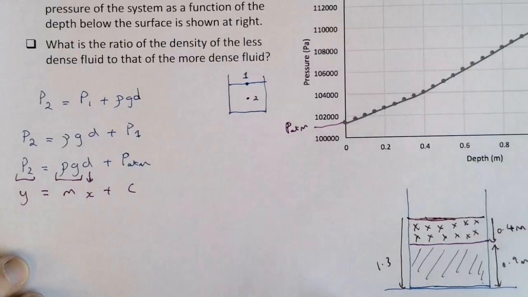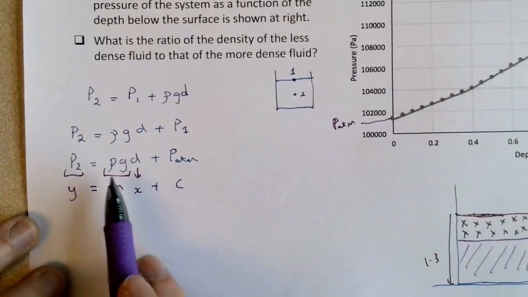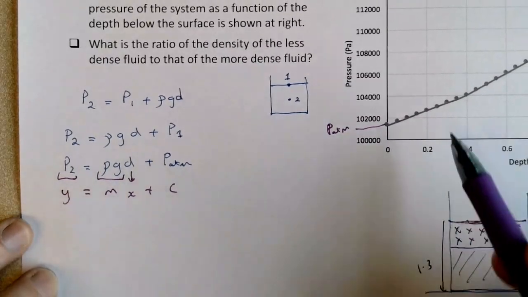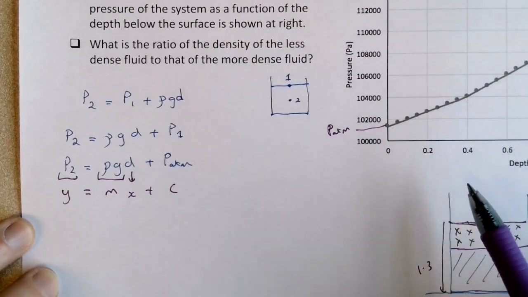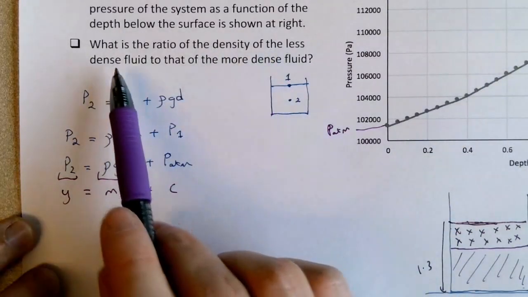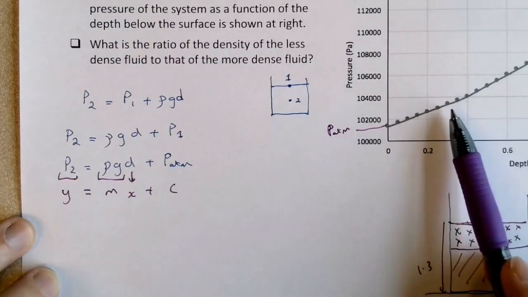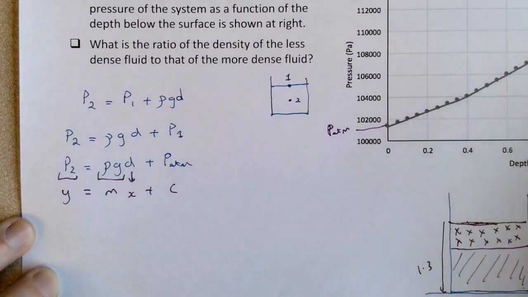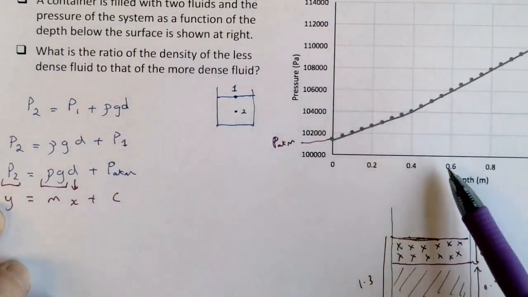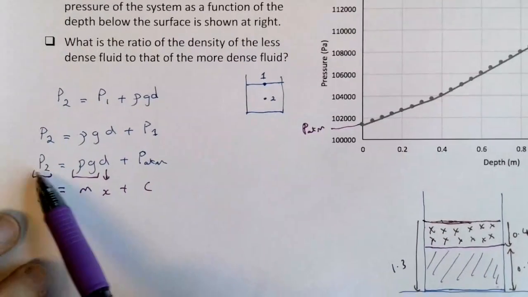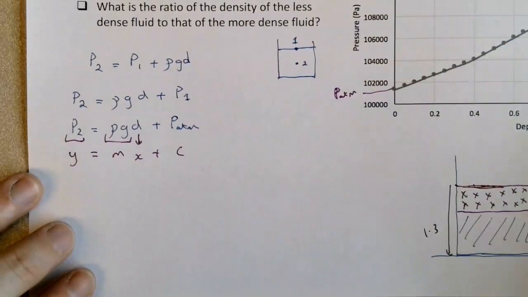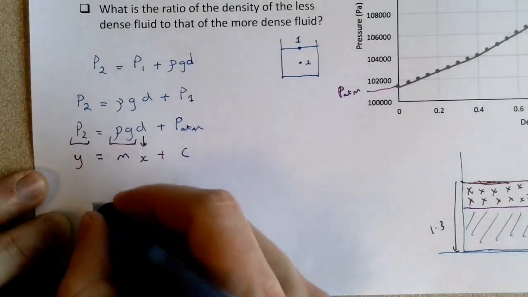The slope of these lines is linked to the density of the fluid. That's what I was trying to get at. The slope at this time will tell us the density, and then the slope this time will tell you the density. We're looking for the density of the less dense fluid. The shallower slope will be the less dense fluid. The steeper slope will be the more dense fluid, since there's a greater change in the pressure for a given depth. So you can see that we have an increase in pressure with depth, which is what we learned in the lecture. So if we're looking for the ratio